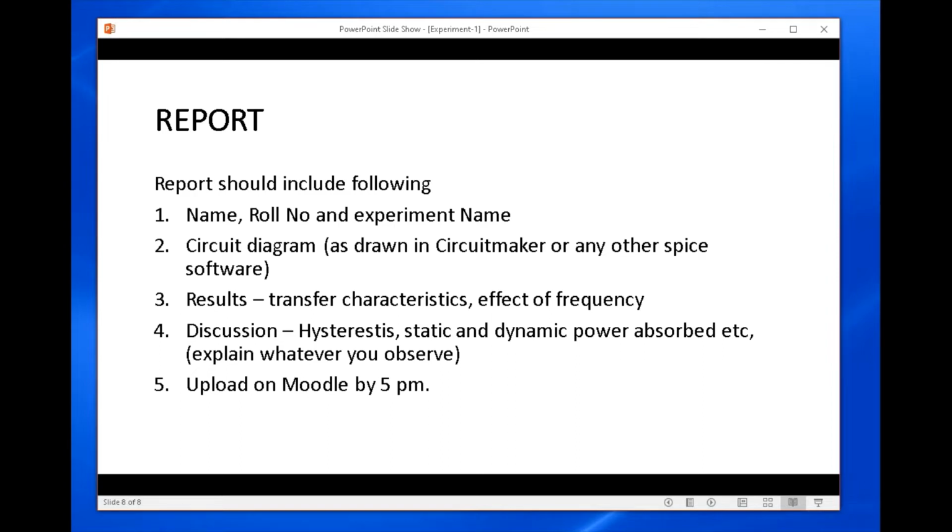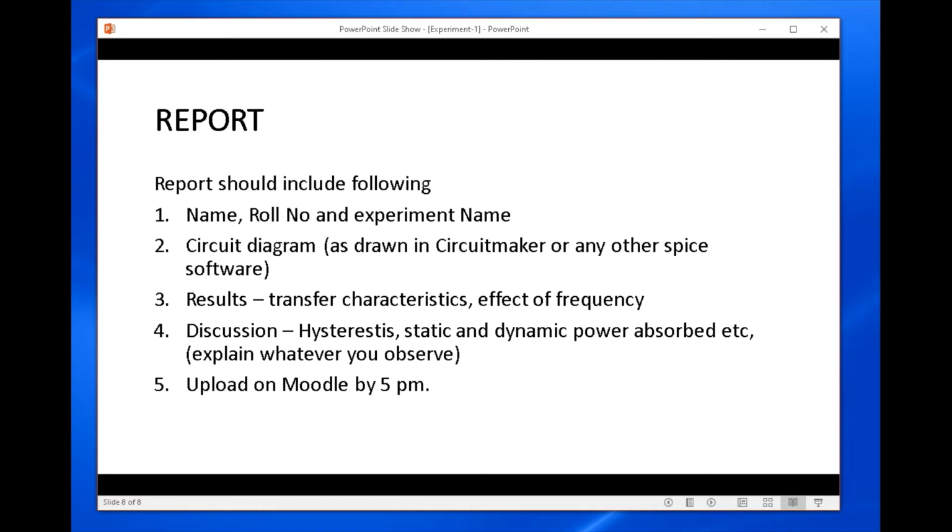And then you have to upload this file on Moodle by 5 p.m. A 5 minute grace time can be given, so be ready beforehand, do the experiment during the lab hour, generate the results, make a report, and upload on Moodle.